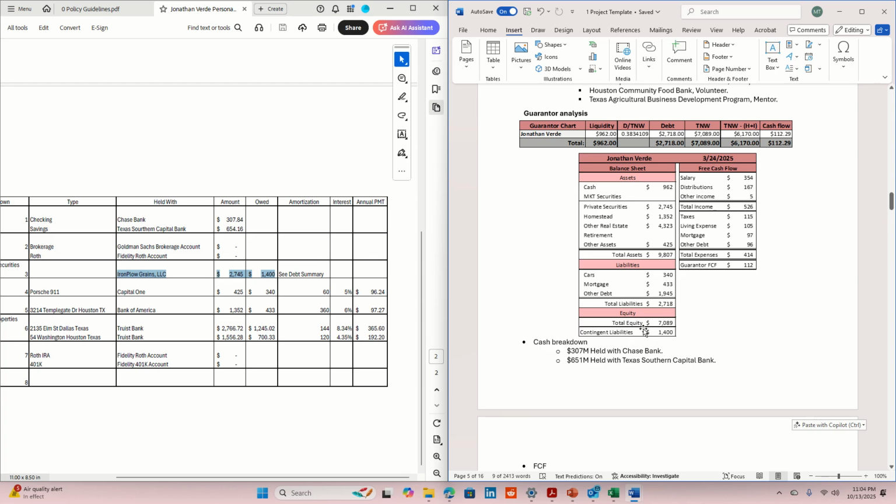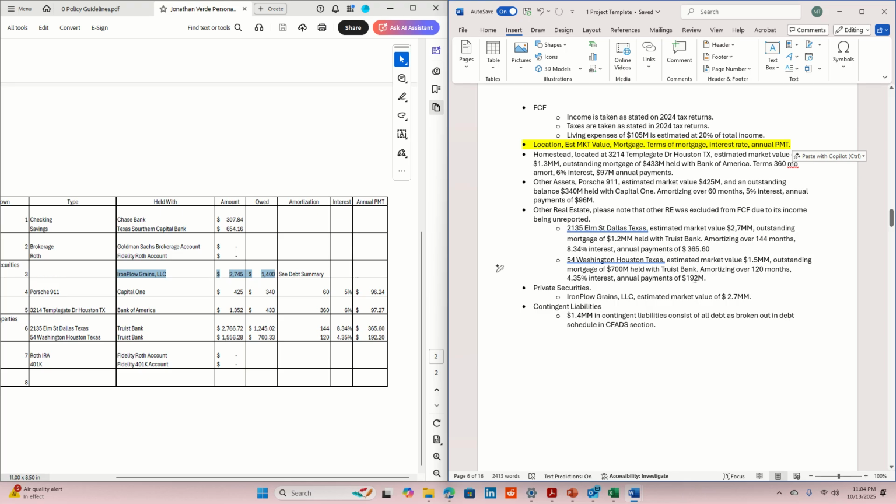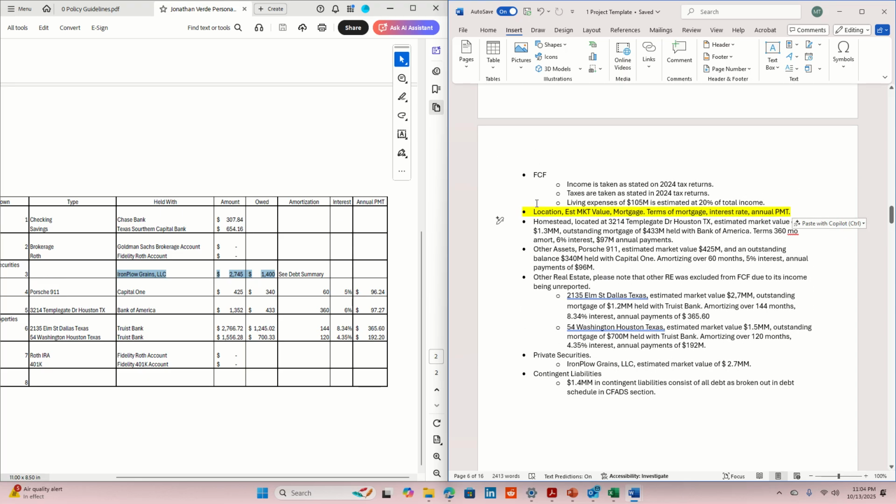And the reason why we have contingent liabilities broken out is because our other debt is broken out within the specific sections. So right here, homestead, I want y'all to fill out all of these sections using this as a template. We have our location first, estimated market value, mortgage or the outstanding loan balance, terms of a mortgage, and I'm referring to the amortization, amortizing over